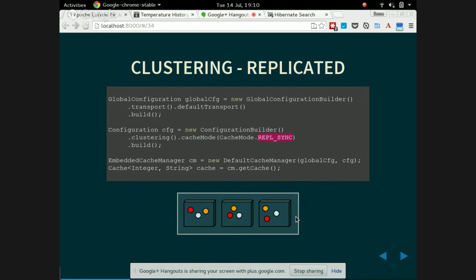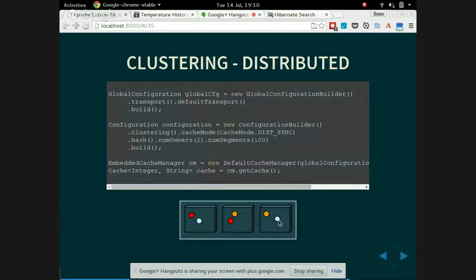So that's suited when your data set is not so large that it's going to overflow the heap of each of your nodes. And you're more interested in, let's say, read performance, because if you get a copy of all your data on every node, it means that every node is going to be able to resolve get operations via a local hash map lookup. But every write is going to be expensive, because a single write means it's going to replicate this synchronously to every other node. The distributed configuration looks more like this,